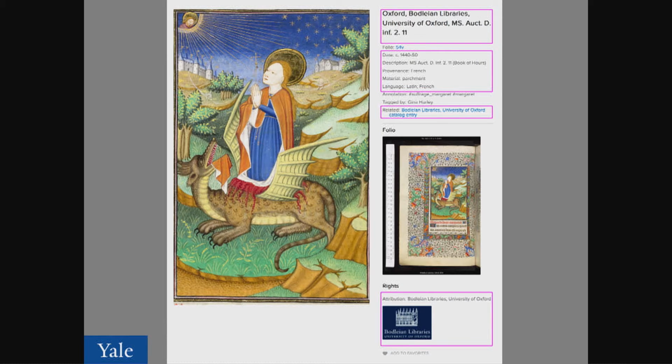And we extract the rest of the information that we need to build this display, including the name of the manuscript, the metadata field, which again is name value pairs that the institution that creates the manifests can dictate. They decide what goes there. We also have a related item, which in this case is a link to the Bodleian catalog entry, and that was included in the manifest.